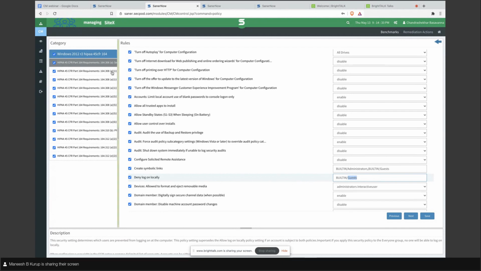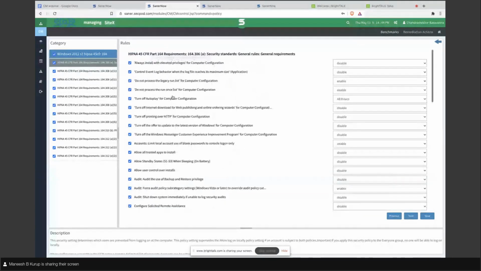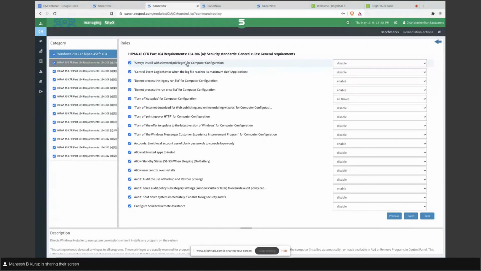Likewise, there are a lot of requirements listed on the left hand side, and for each of these requirements there are a lot of configuration settings possible, and those settings are listed on the right hand side. And as per the organizational need, if customization is needed, users should be able